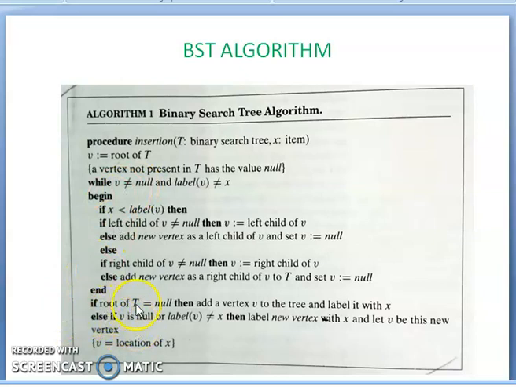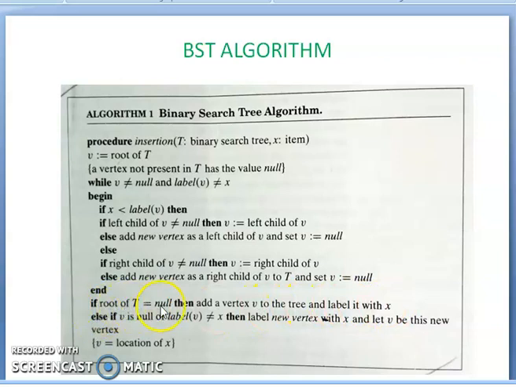So if the root of t, this is not v, this is root of t, is null, it means there is no vertex in the binary search tree. This is the first vertex inserted into the empty binary tree. This is the condition. If root of t is equal to null, then add a vertex v to the tree and label it with x.